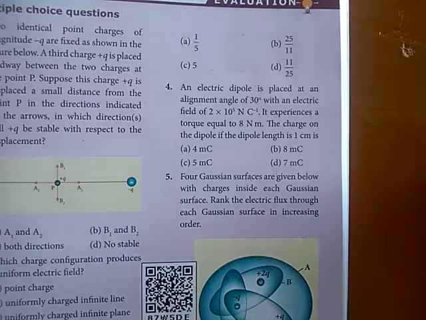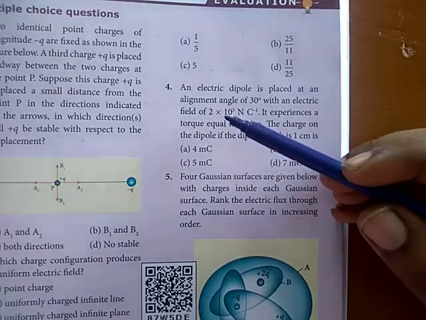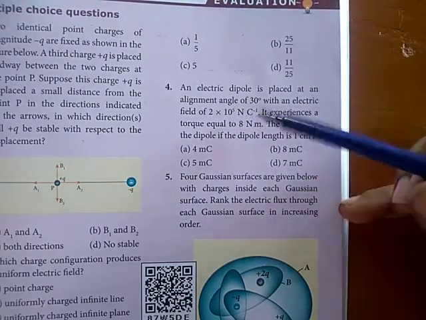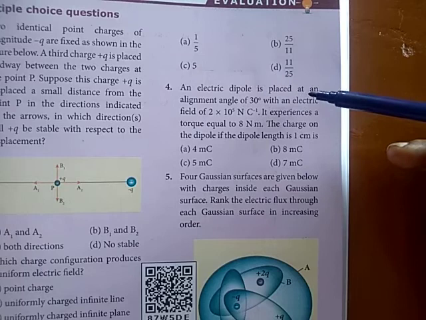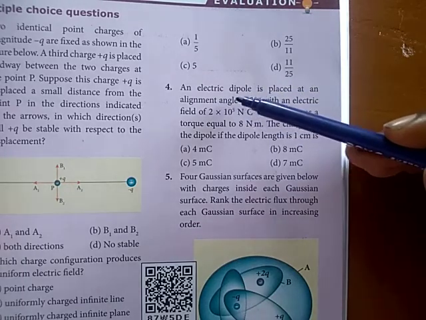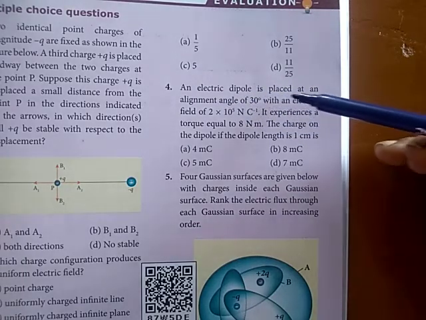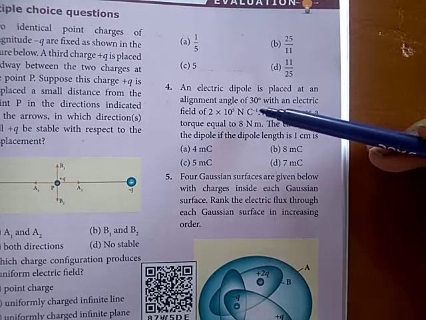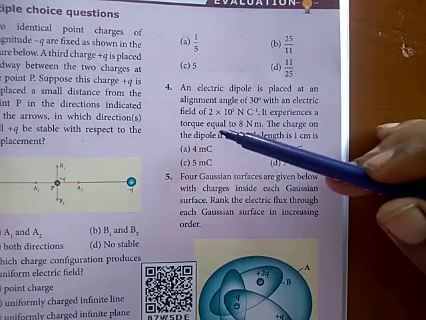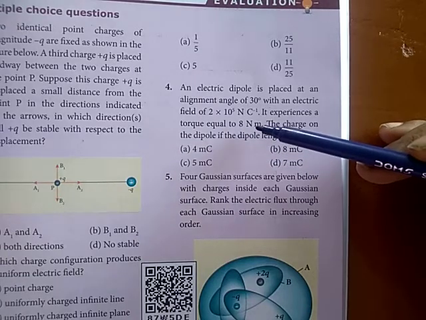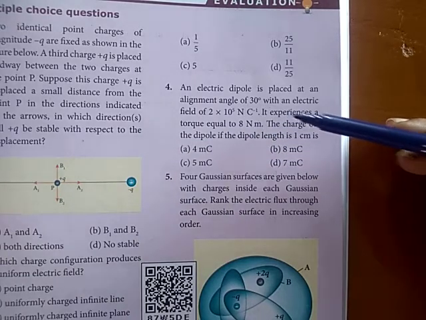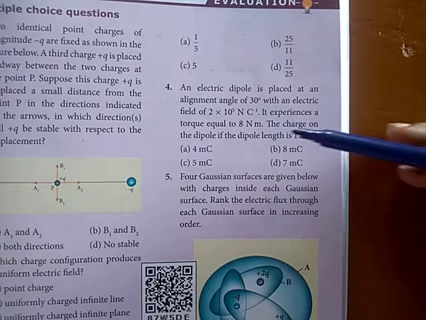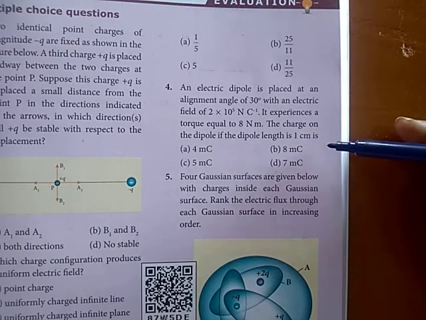Okay, then question number 4, it is a mathematical one. Let me see how to solve this. An electric dipole is placed at an alignment angle of 30 degree with an electric field of 2 into 10 power 5 Newton Coulomb power minus 1. It experiences a torque equal to 8 Newton meter. The charge on the dipole, if the dipole length is 1 centimeter, is... Here it is a